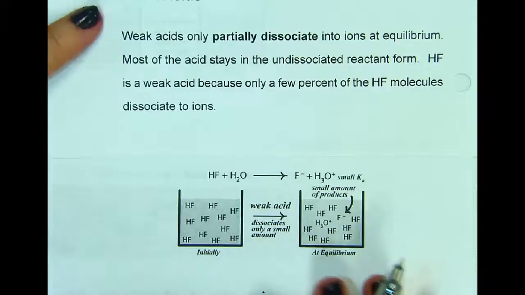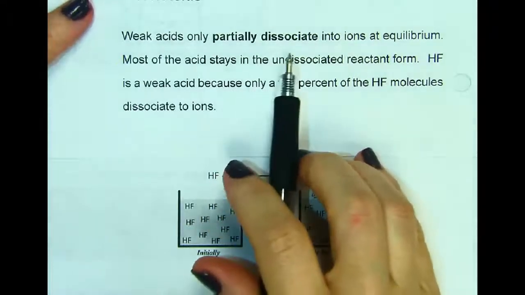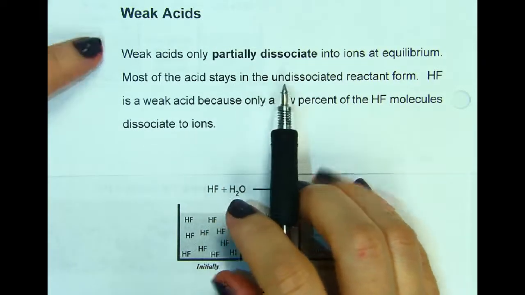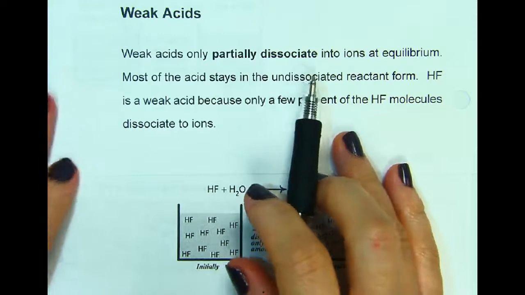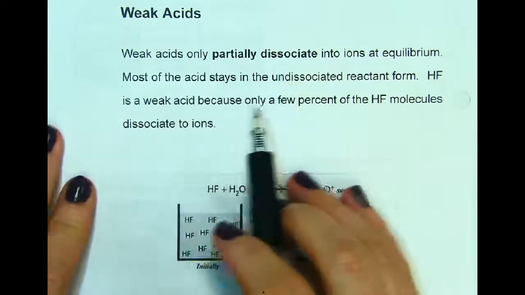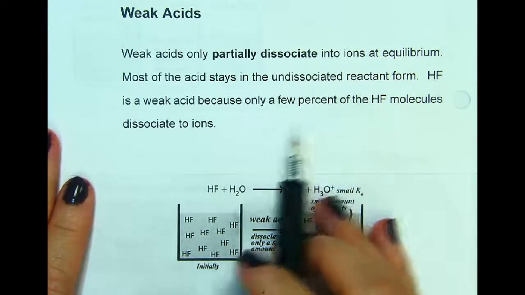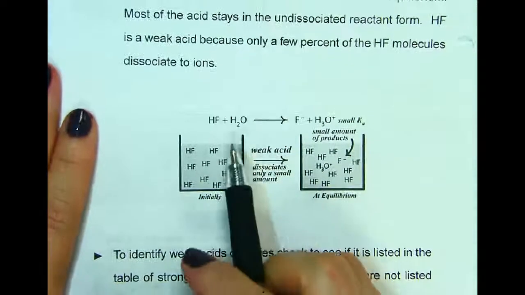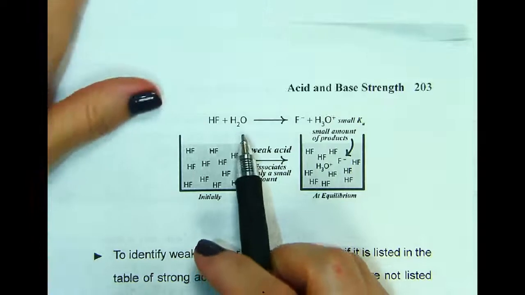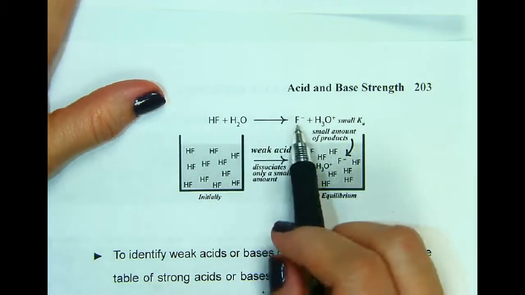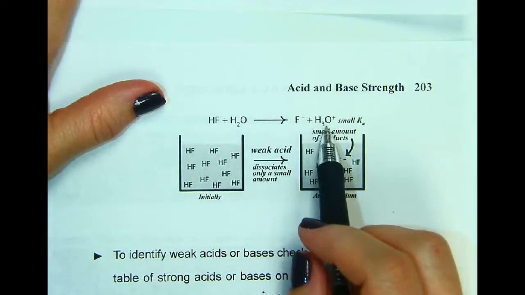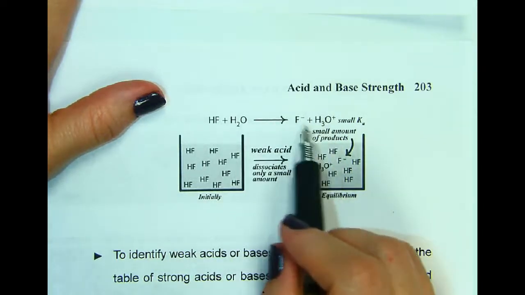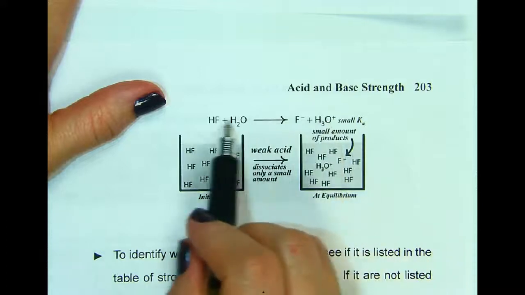Weak acids only partially dissociate into ions at equilibrium. Most of the acid stays in the undissociated reactant form. HF is a weak acid because only a few percent of the HF molecules dissociate into ions. So if we look at this depiction here, you have hydrofluoric acid placed in water, and it's going to form fluoride and hydronium ions. However, we're only going to partially make some percentage of these, but mostly we're going to